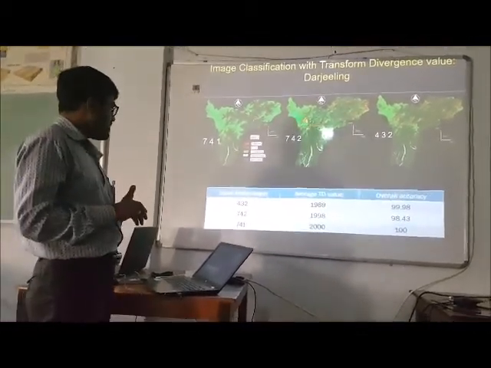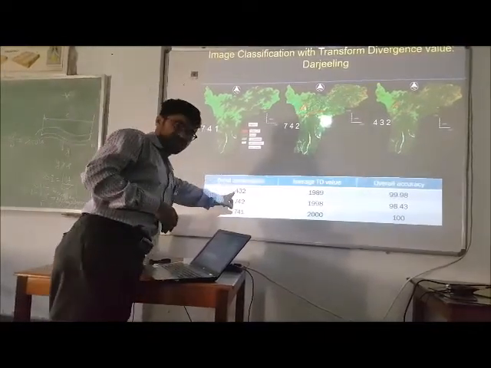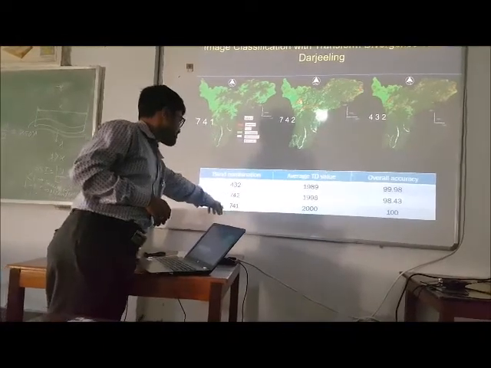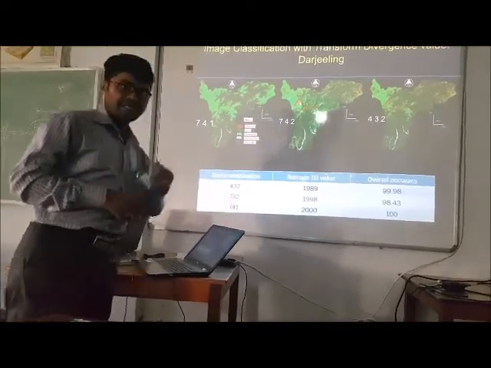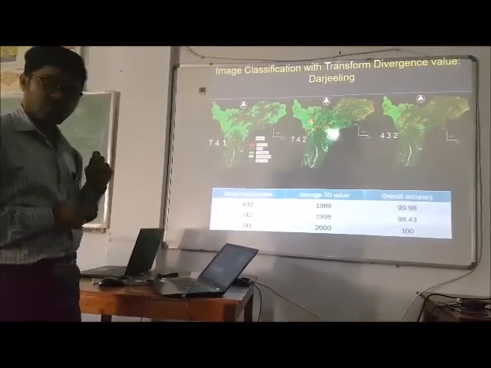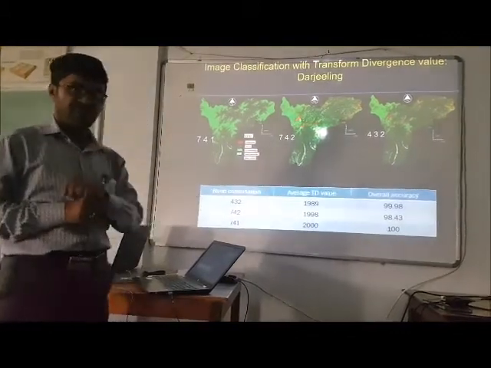So we have to use this other combination for IRS and Landsat MSS. But if we can access Landsat ETM or Landsat TM or OLI, then we can go for the combination 741.